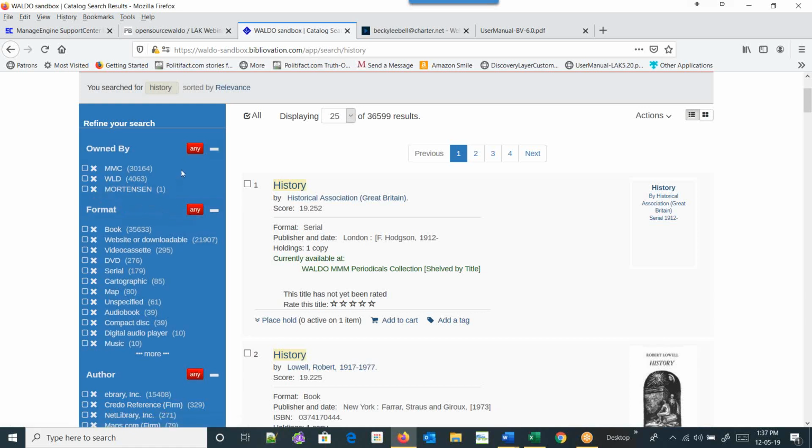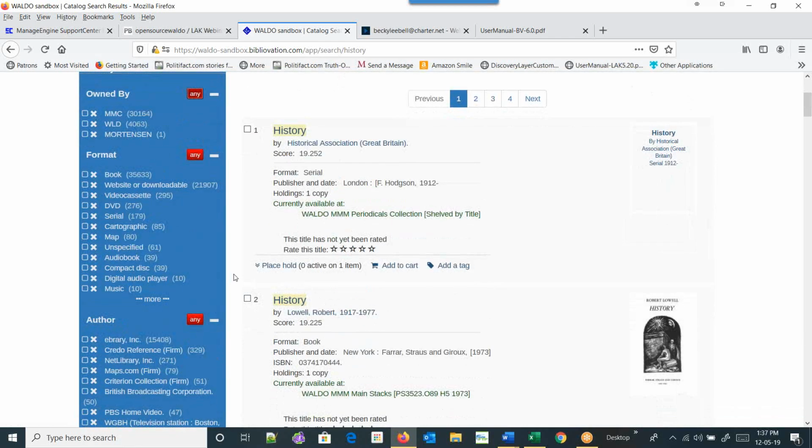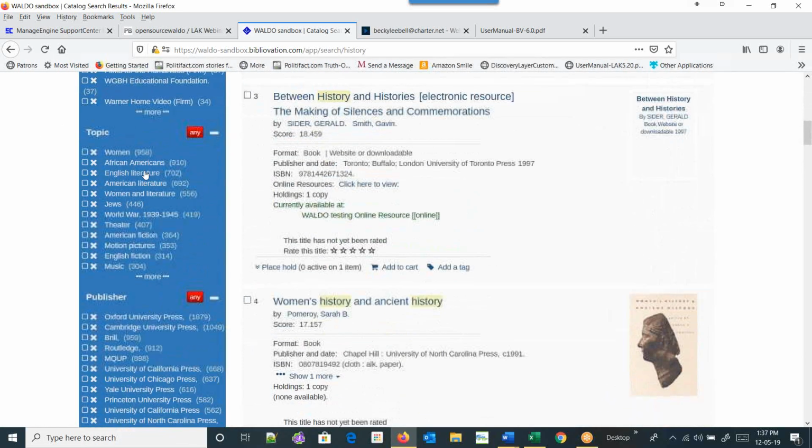So you can do either Boolean operator, any or all. The other condition that I found is that it works only with one facet at a time. So if I wanted to find everything that was at Mortensen and in the topic, they had to identify both music and motion pictures.